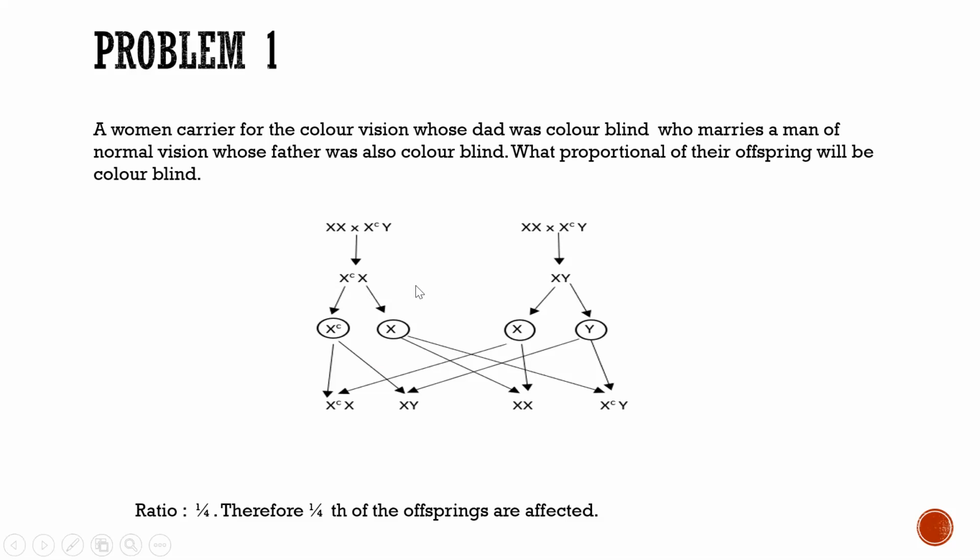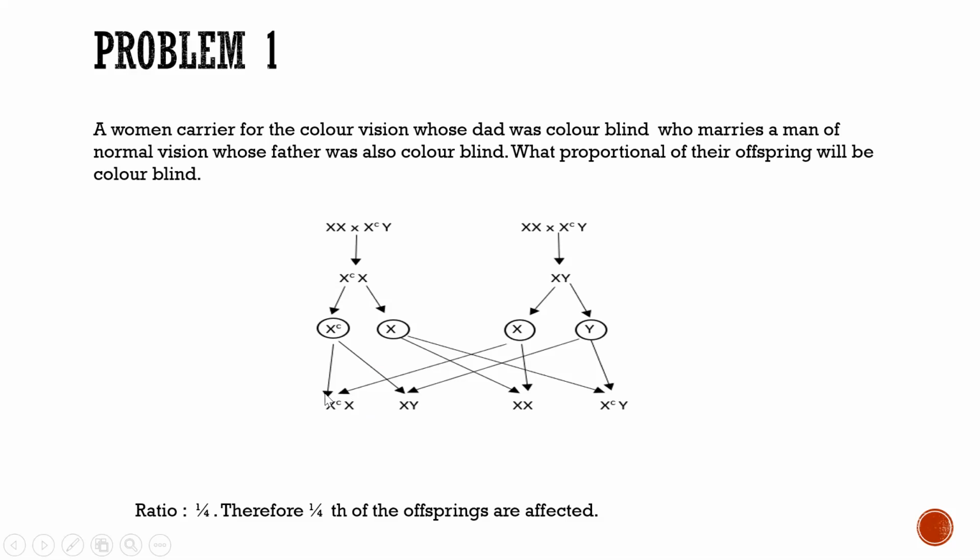So if they undergo a marriage, what type of offsprings will be affected? What proportion of their offsprings will be affected? These are the representation of gametes, that is genotype. If you segregate during gametogenesis, these are the gametes produced by the female and these are the gametes produced by the males. So if we see the possible offsprings, we can find that there is a possibility that